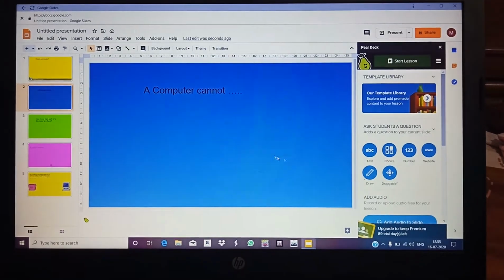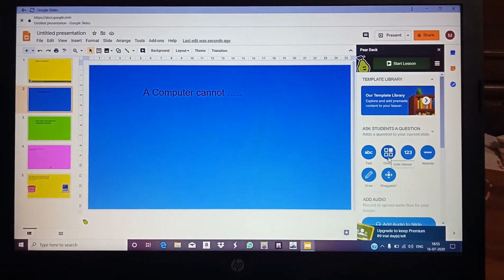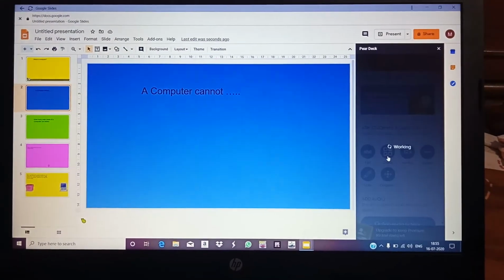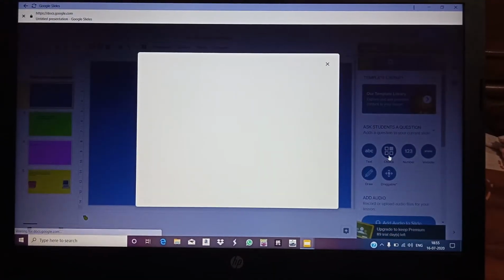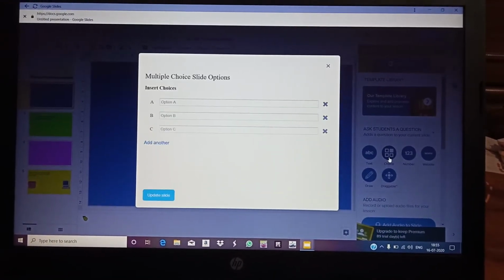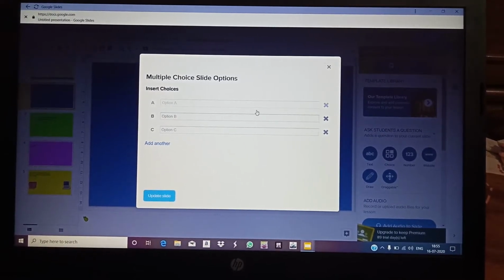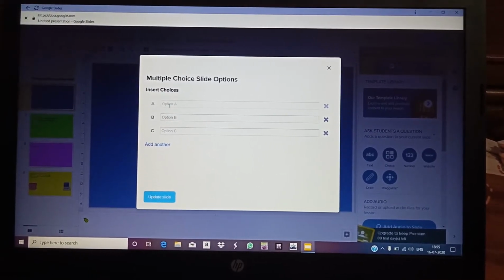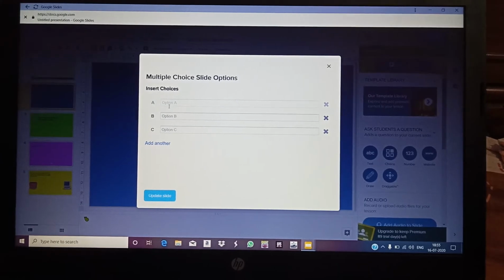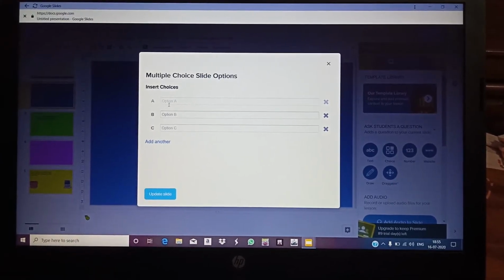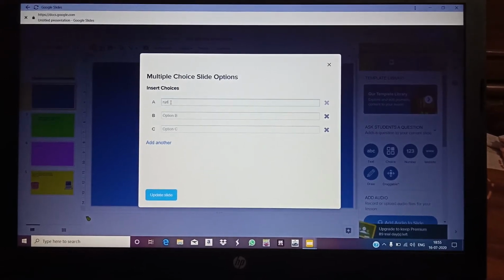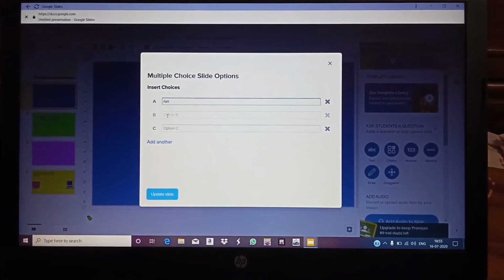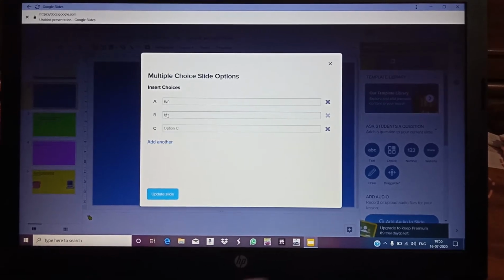In the same way, I'll go to slide number 2: A computer cannot. Now I will choose choices. I will click here and it's now going to work. I have opened it. See, now here you have to fill in the options. A computer cannot... type.